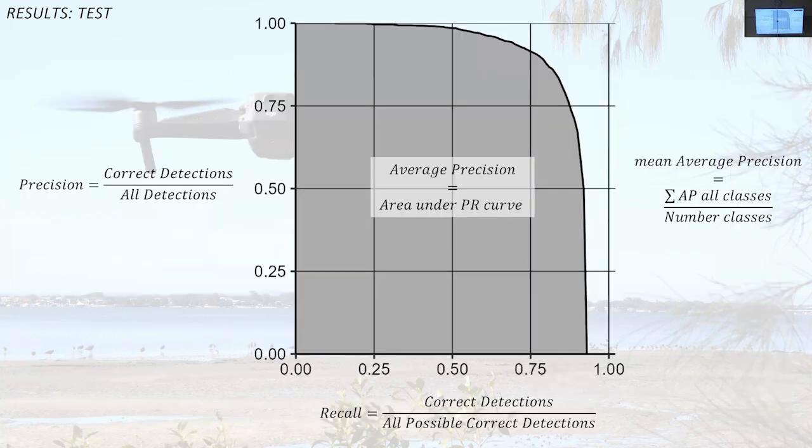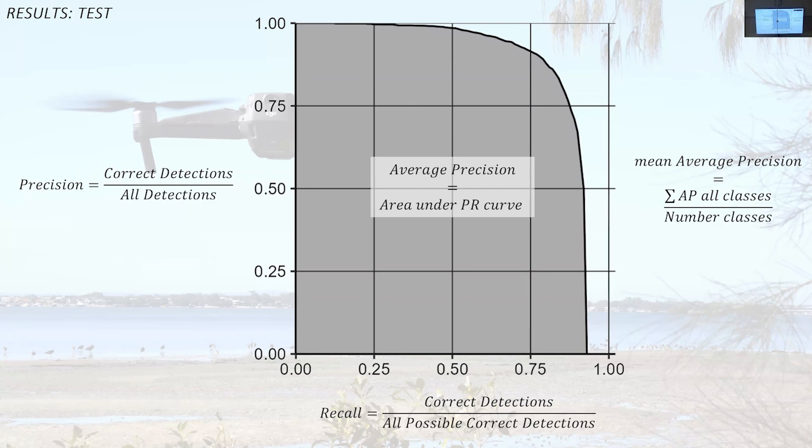So now I'm going to talk a little bit about some of the metrics we use to describe performance. This curve is called a precision recall curve, and you see it all the time in computer vision tools. Precision is the number of correct detections the network makes divided by all the detections that it makes. And then recall is the number of correct detections versus the number of actual birds in the image.